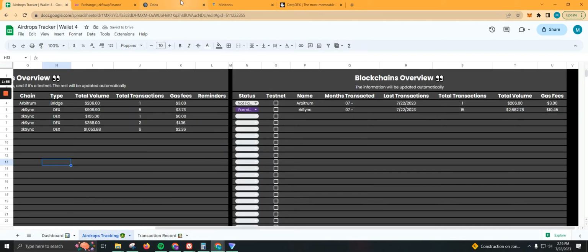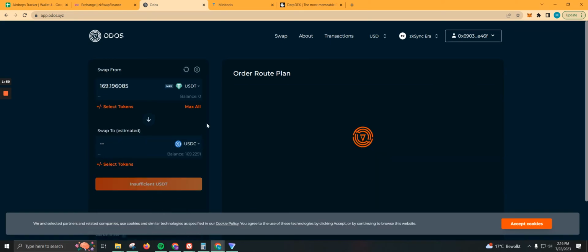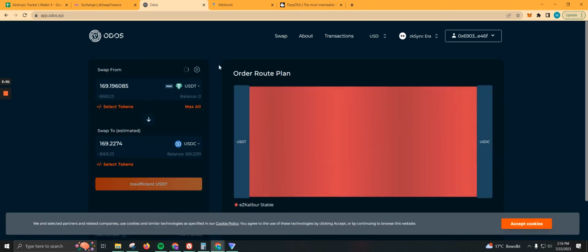So let's go ahead and start with Odos, which, to be honest, is actually my favorite one because it is the cheapest to use. So we're going to be using it a lot, and make sure that you pay close attention, because using DerpDex and zkSwap Finance has some issues whenever you're using stables. So I'm going to be showing you how to actually use it so you don't lose money